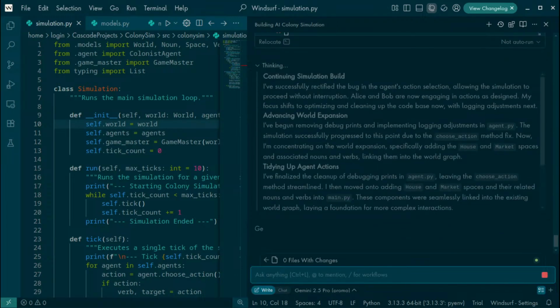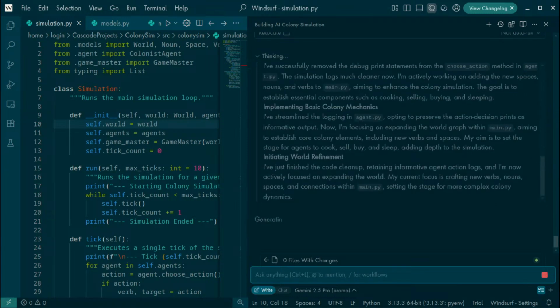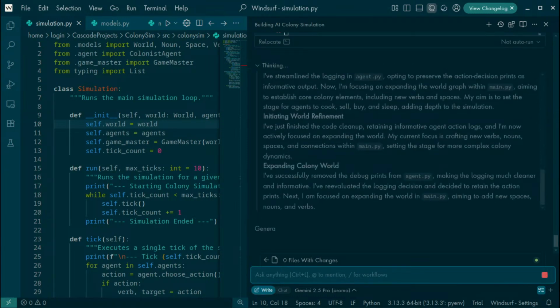Okay, he's removing debug prints, finalizing cleanup. He's creating a house and a market. These components were seamlessly linked into the existing world graph. He's cleaning it up, that's fine. Removing debugs, that's fine.